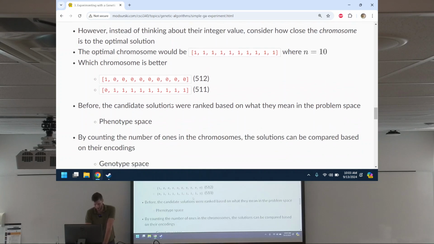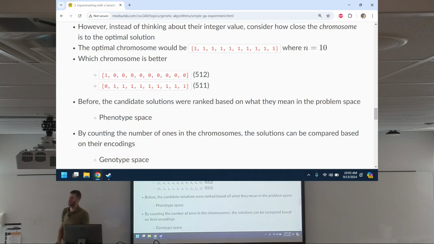Okay, there we go. Here's another extreme example. Of these two candidate solutions, these chromosomes, this one's better. This one's worse. But in terms of what we know about our encoding, which one's actually closer to the best solution? This one. We only have one thing to change to get there. Whereas with this, I'd have to change a lot to get there. Do you see?